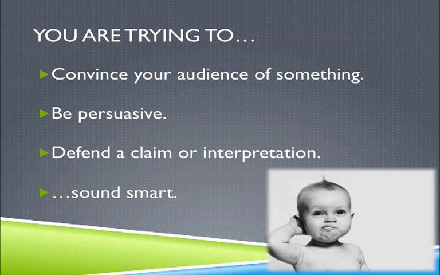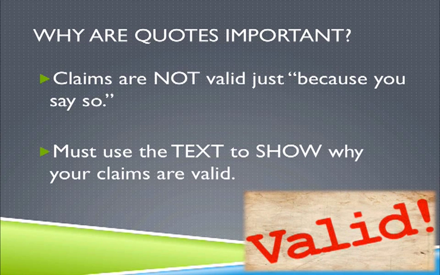You're trying to be persuasive, and so to form that argument, you are pulling from different texts to offer support for your reasoning. Because we are pulling from other texts, both in terms of their ideas and their words, we need to cite those. We need to give credit to the original authors. And so the idea of pulling information from other texts into your own writing is important because your claims, thesis statements, attempts to be persuasive aren't valid just because you say so.